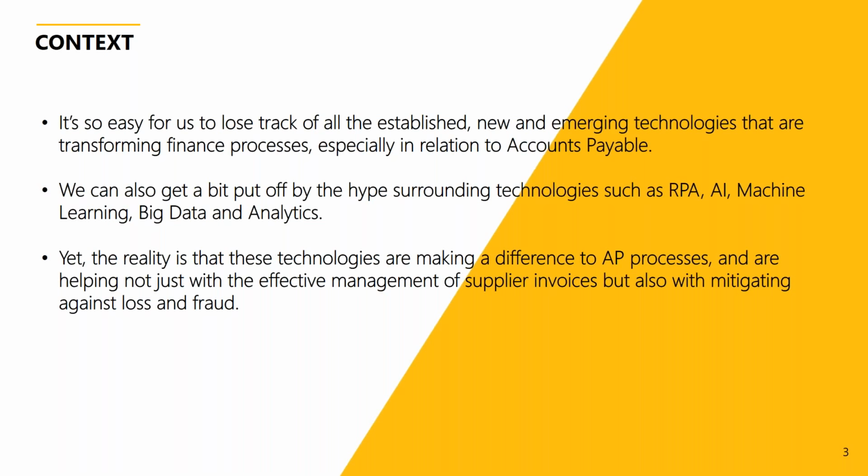To name a few that we've got up there, we've got RPA, or robotics, and artificial intelligence. What does that mean? Machine learning. Are they related? Are they not related? Are they the same? Are they not the same? And how are they different? And how does that specifically apply to accounts payable? We also have things like big data that's been around for a while, the analytics, reporting, dashboards. Again, are they the same or are they different? And how, again, will that help you to do your job better than you currently are?